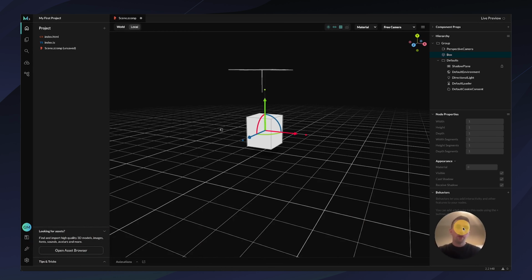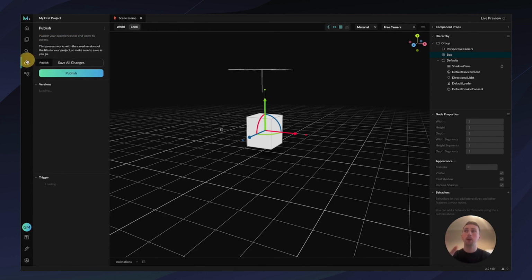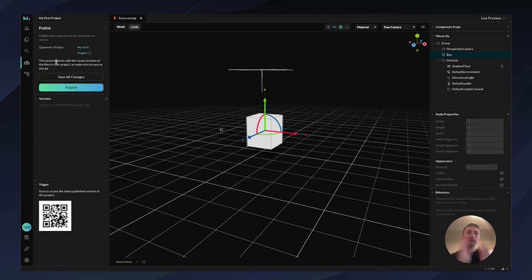Just going to move me out the way and we'll have a look at the left-hand side. So as I mentioned, there are a number of tabs. I'm not going to run through all of these now, but some of the most important for most projects are the Publish tab. So once you've completed building your project and you want to share it via a QR code or a deep link or a URL, you can click Publish and that will automatically give you a version and a QR code for you to scan, and will also publish to the CMS, which was the page that we saw before.